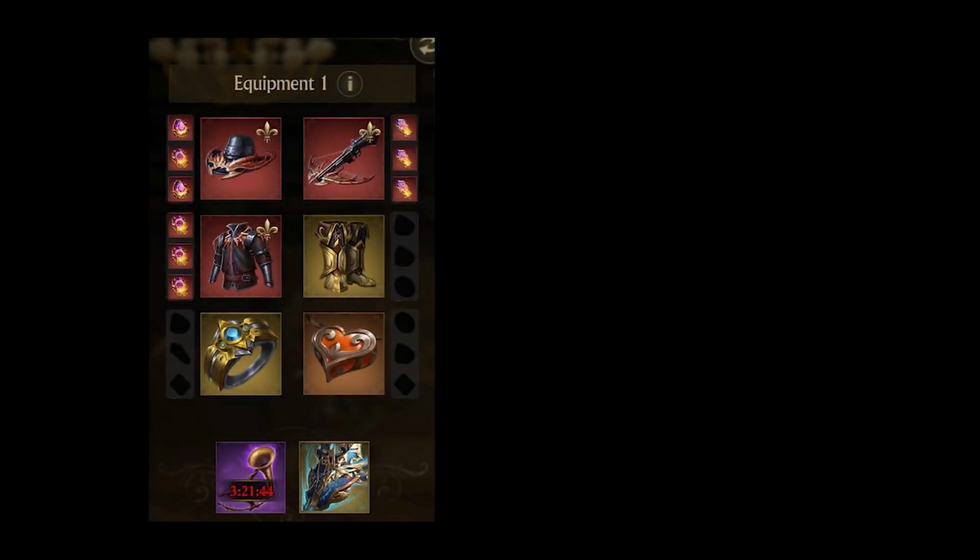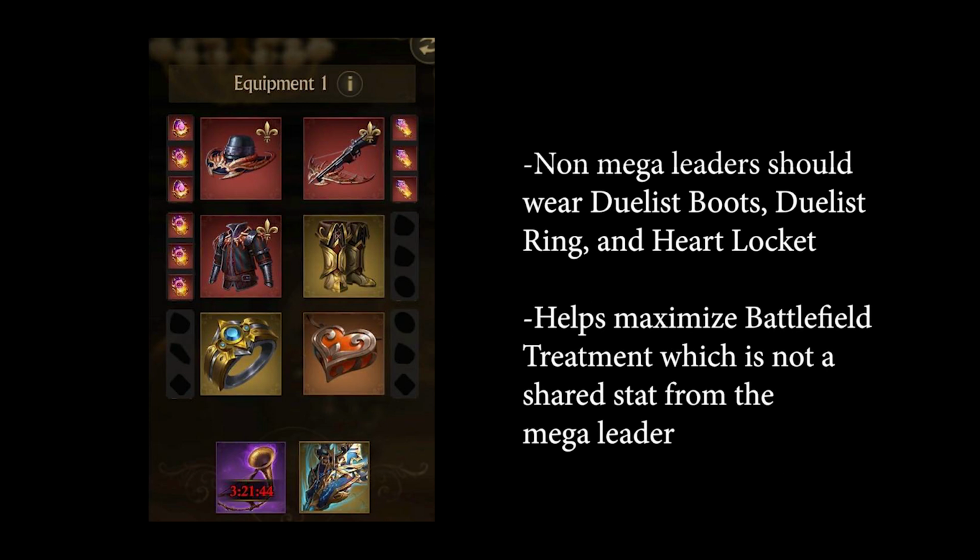Next up, we have equipment. As a non-rally garrison mega leader, you can wear duelist boots and a duelist ring, which help increase battlefield treatment, and a heart locket +5 for the extra hospital capacity. Battlefield treatment is the only stat that is not shared by the mega leader, so this is the most sensible thing to do. And in the right combo, you can get up to 80% battlefield treatment as a non-mega leader,